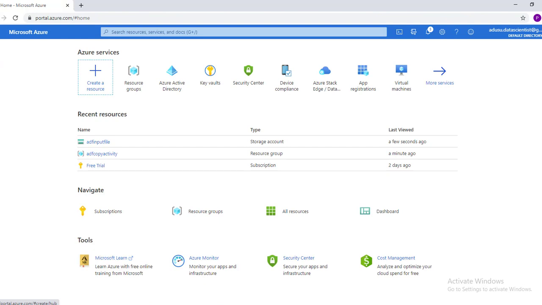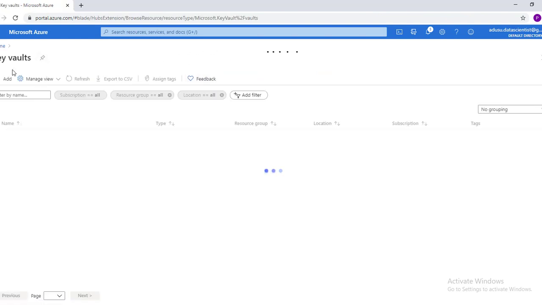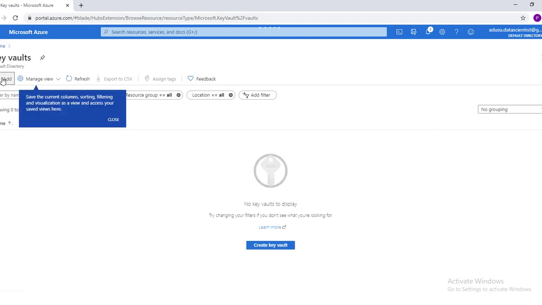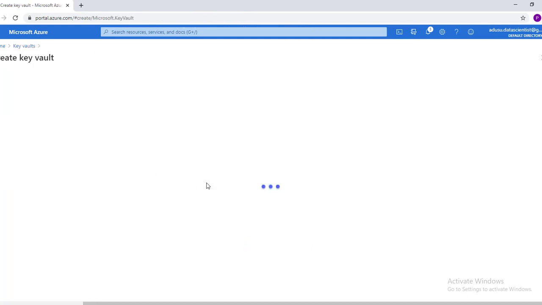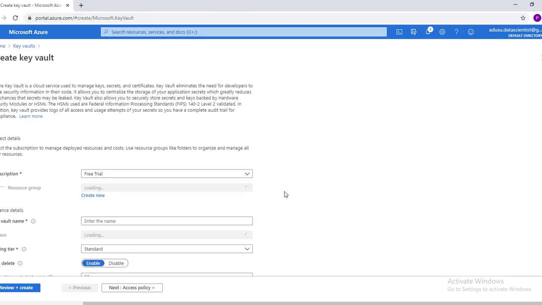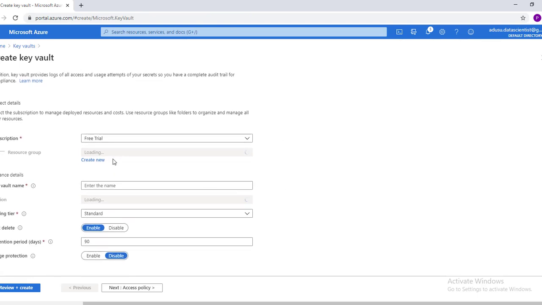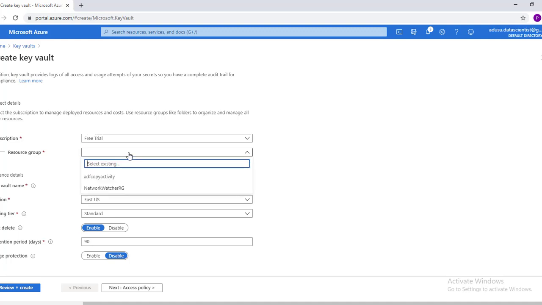Now we will create a key vault. Click on add. This is the resource group.